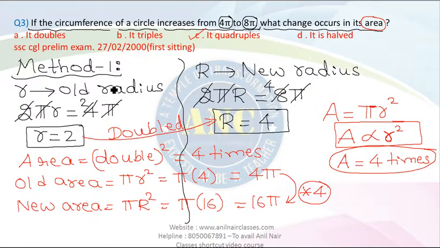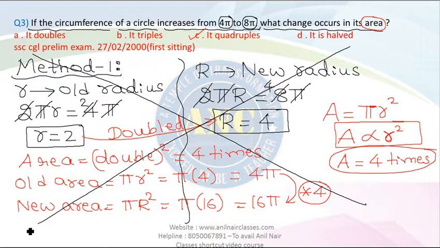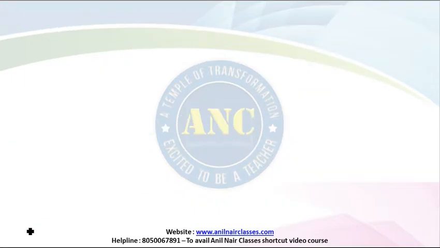Now, instead of doing all these things, writing the new radius as capital R, old radius as small r, and then taking the circumference. What are you doing here, sir? You are wasting too much time in this case. Now, can I say that if I apply method 2,